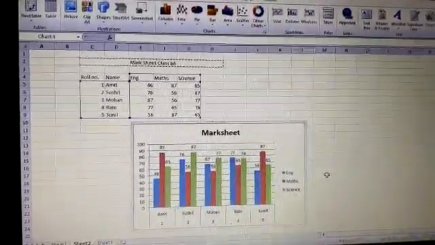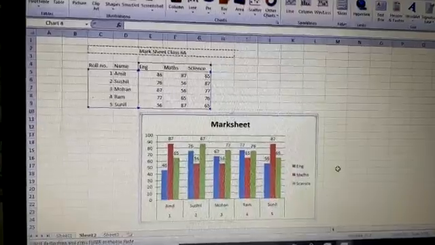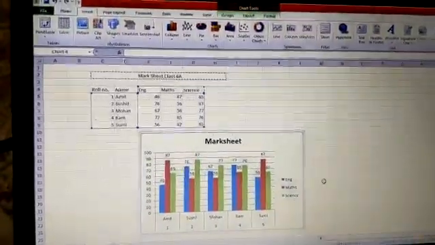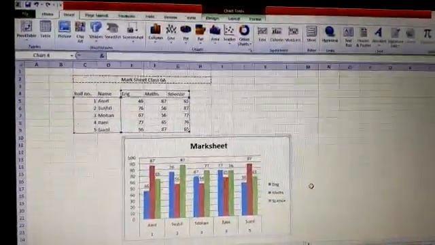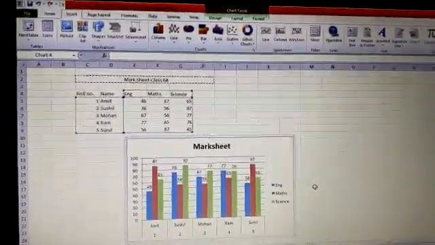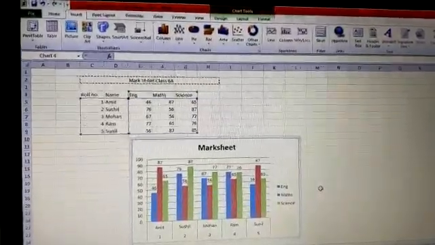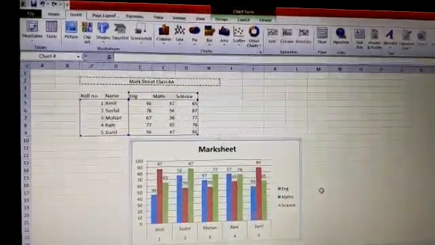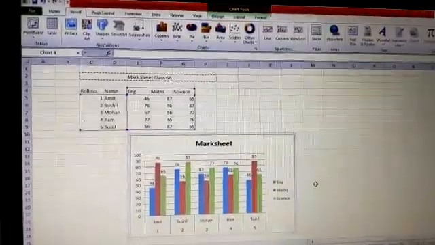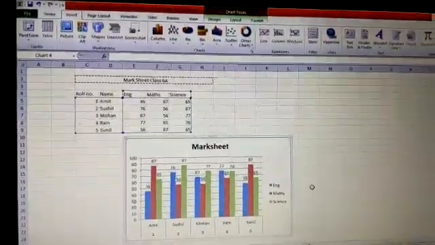Now it's your turn to practice this at home. Do the exercises in the book itself, the fill in the blanks and the objective exercises, and the rest of the assignments will be uploaded on the website. You can refer to the assignments and do them in the notebook, and all your doubts and queries will be clarified once the school reopens.